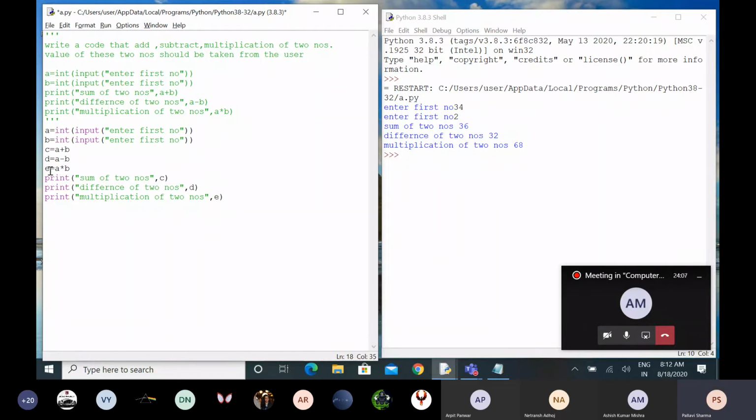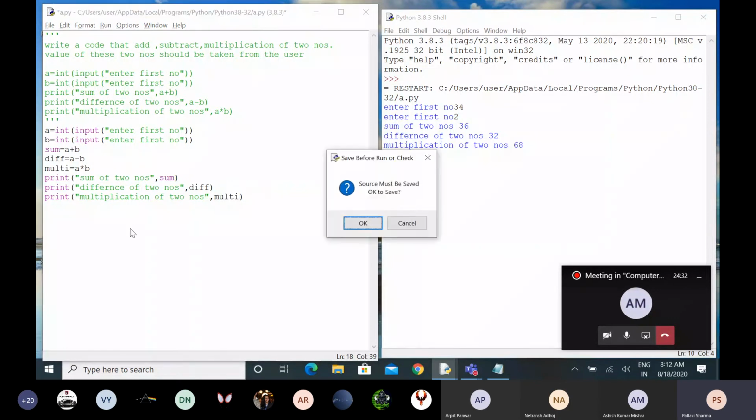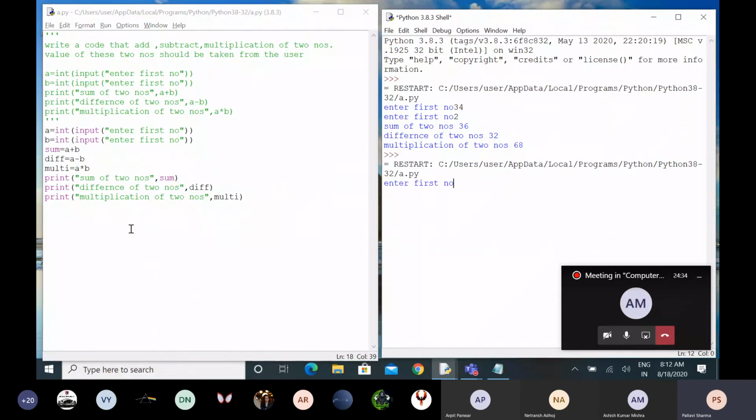It's not necessary that you have to use the same names. You can use the word multi, difference, sum. You can use anything. You can give a name to your variable according to your choice. The rule will be the same. Let's execute. Obviously, it will show us the same thing. In this way, you can see the difference.